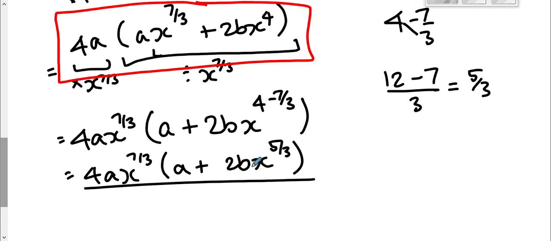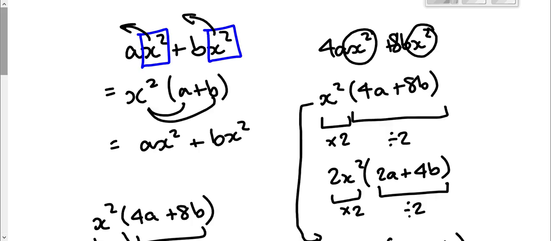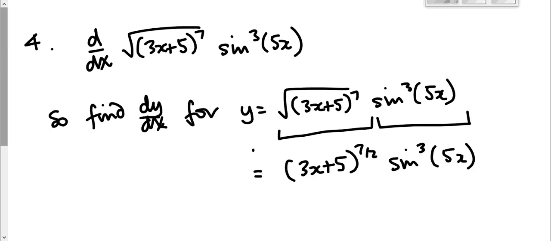So it might take you a bit of time to work through that. Have a look through this again if you're not 100% sure. Stop the video, go back, have a look, and then let me know if you're stuck. We're going to use this technique in our previous problem, which is this one here. So after all that,